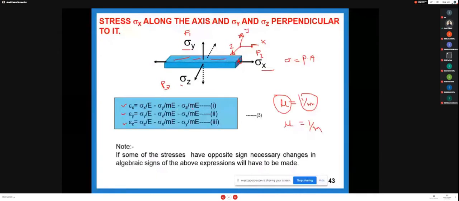So this is the equation of strain along x direction. Y direction, what will come? For the y direction, without Poisson effect, and the other two are including the Poisson effect, minus sign. And same as z, you can see sigma z upon E, and x and y multiplied by the Poisson ratio, and that is a minus sign. Okay, and you can see this equation is based on sigma x, sigma y, and sigma z.